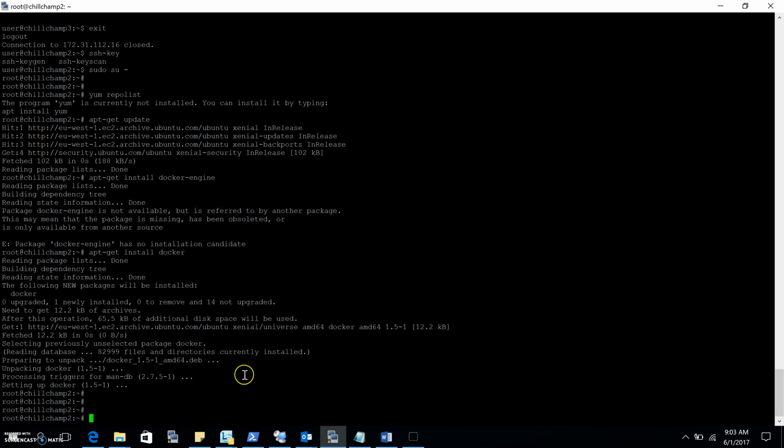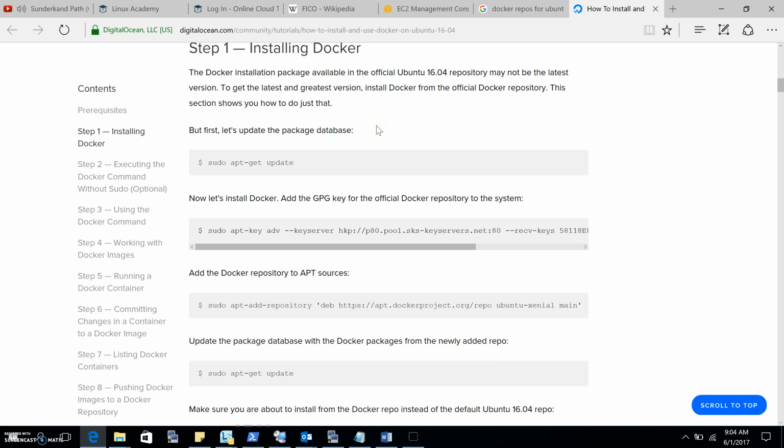Hello everyone. So this tutorial is about Docker, installing Docker, and we will go ahead and make a cluster as